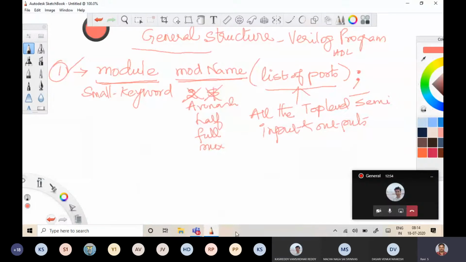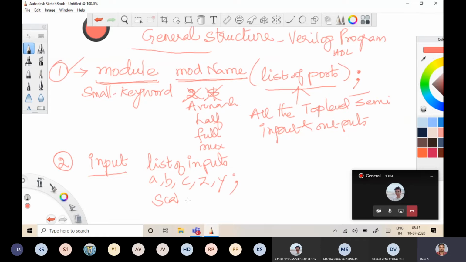So now, second line. You have to use the keyword to define the input. The keyword is again called input. So: input, then a list of inputs, say A comma B comma C comma Z comma Y. Any variable you can use: in 1, in 2, in 3, W1, W2, W3. Whenever you are representing a single variable, that is called scalar.